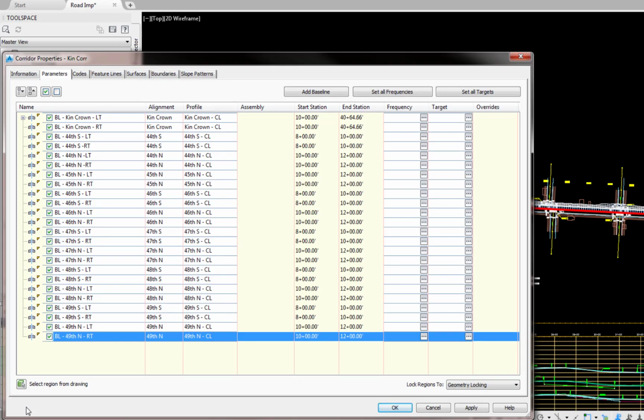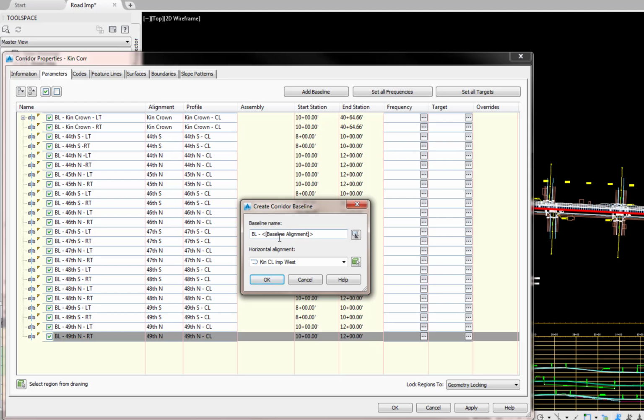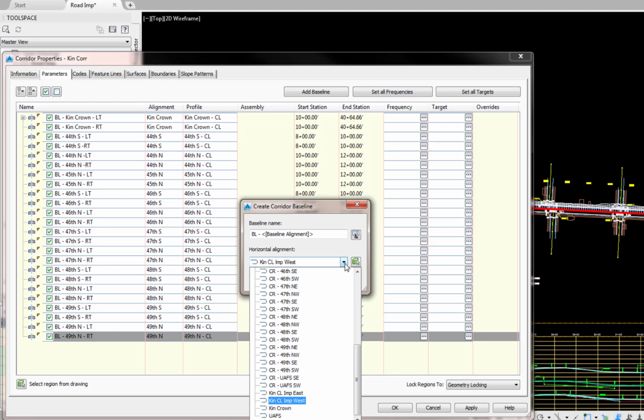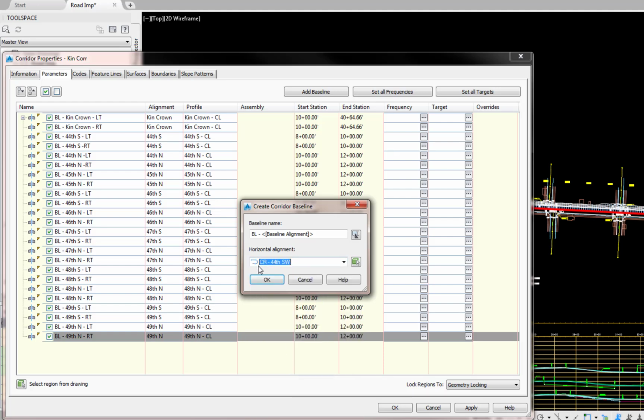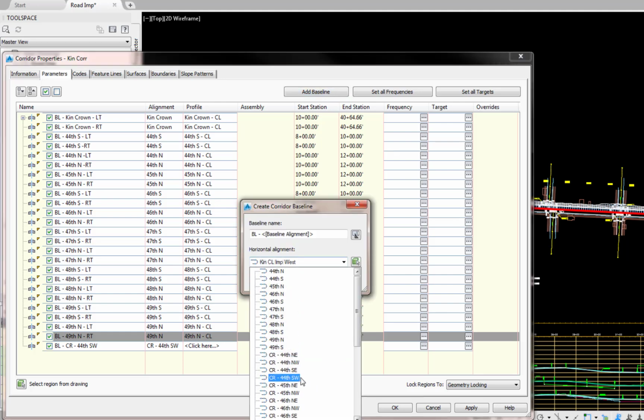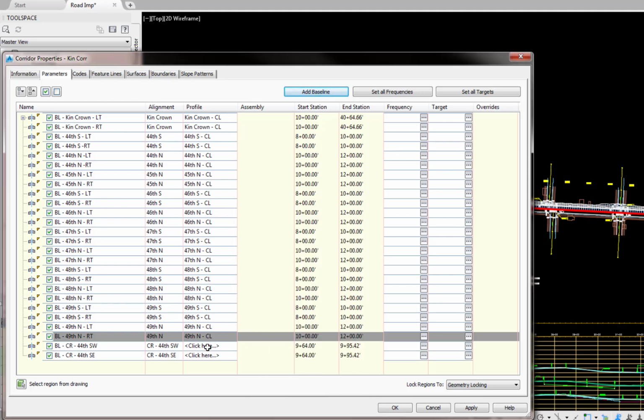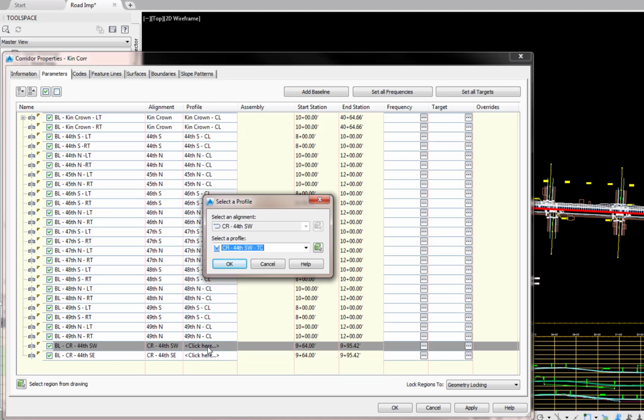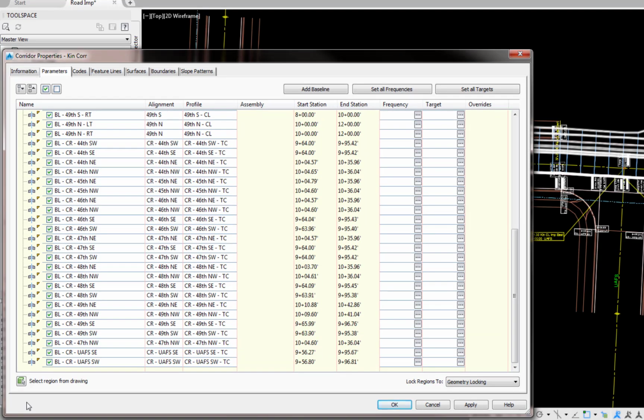The left and right baselines for all side roads have been created and are shown in the dialog box. Create the 44th Southwest and Southeast curb return baselines. Select Add Baseline. Baseline name BL-, baseline alignment. Horizontal alignment CR 44 Southwest. OK. Add Baseline. CR 44th Southeast. OK. Click here in the profile. The profile should be correct. OK. For this video, all curb return profiles and baselines have been created and are shown in the Corridor Properties